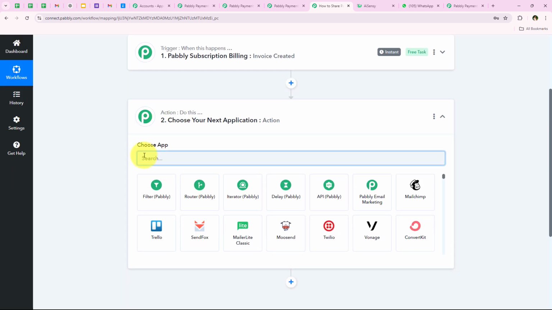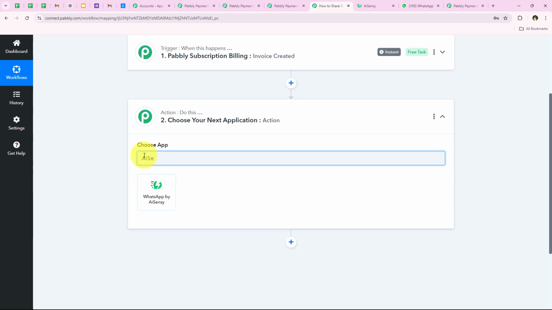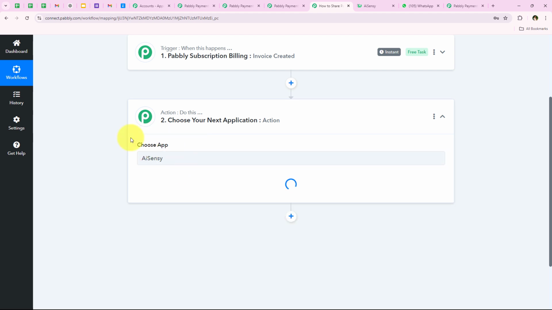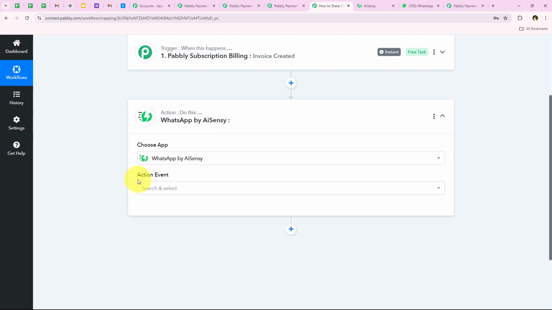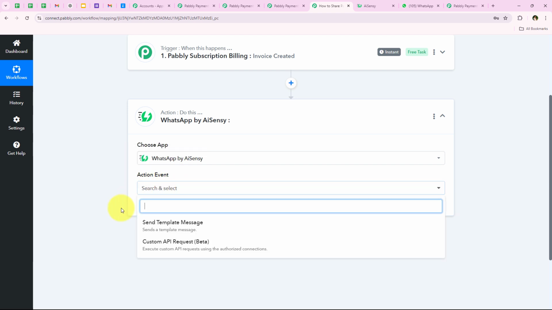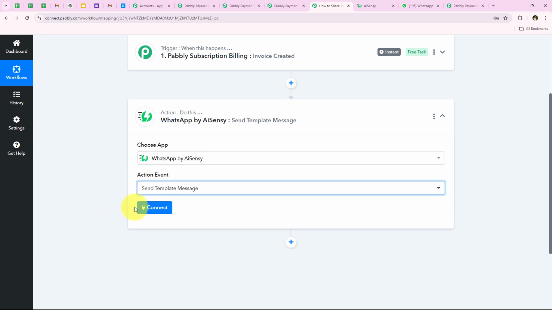So for my action application, I'm going to select AiSensy right over here. So I'm going to use AiSensy to send WhatsApp messages. If you wish, you can use any other application like Wati, or you can definitely use WhatsApp Cloud API too. But over here, I'm going to use AiSensy. So I'm going to select the same as my action application. And now for my action event, I'm going to select send template message. And then we're going to